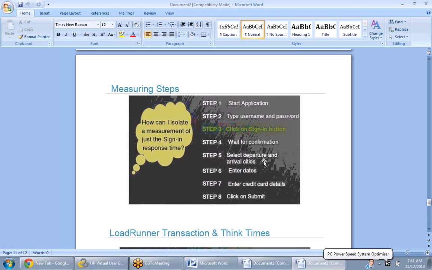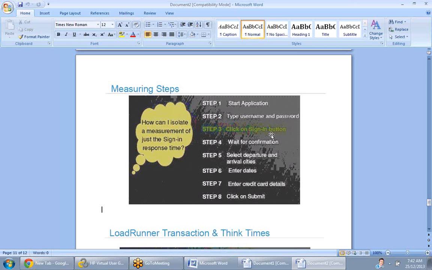You have the complete process, like selecting the to value, from value, and then clicking on submit. This is an entire business process. Correct? You have 8 steps here. Yes, ma'am. You have 8 steps, but the client is asking only the time it is taking for step 3. How do you isolate this? This is the question. I am explaining in detail, but the client doesn't know all these terminologies. What he says is, Rupesh, how much time will it take to log into this application? This is the question given by the client. Then you should understand a concept called transaction.